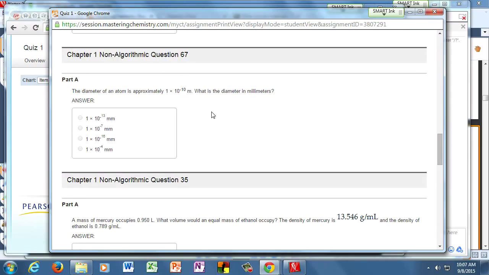I was just thinking, you know that millimeters are smaller than meters, right? So it's going to be more millimeters than meters. So that means anything less than 10 to the minus 10th can't be right, because that's less than a meter, and that would mean that a millimeter is greater than a meter. So it couldn't be 10 to the minus 13 or 10 to the minus 16. If we do all that elimination, then we know the only possible one is 10 to the minus 7th. So that should be the answer.